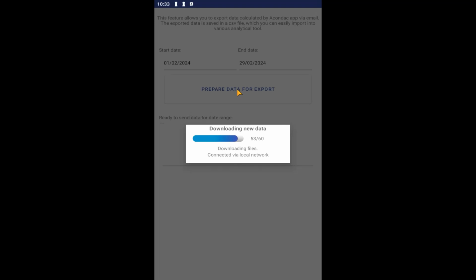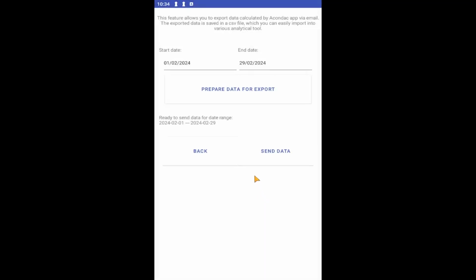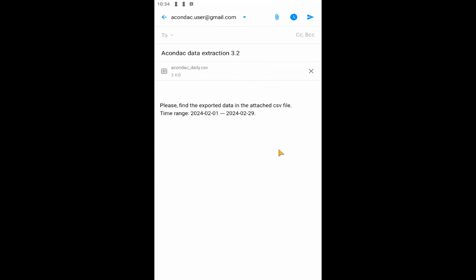So, you see that at the moment, I'm only preparing data for 1 month. The computer in the phone, which is doing this, is quite powerful, and yet it still takes quite a long time. So, if you were to choose a year or even a longer period of time, it might take you, for example, 20 minutes, and you'd unnecessarily burden the phone. So, at this moment, we finally have the data prepared, and we can send it.